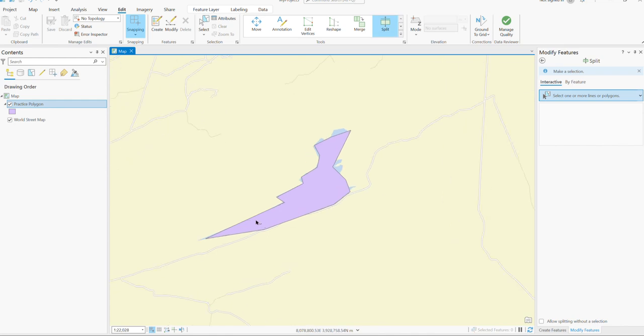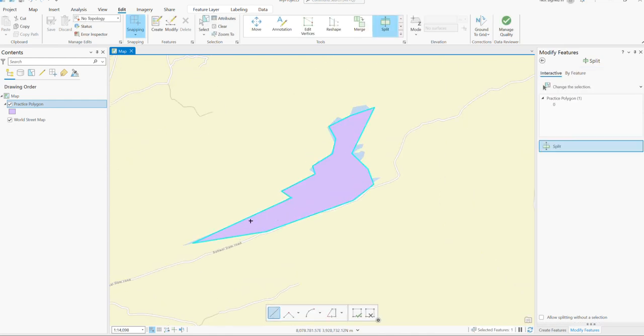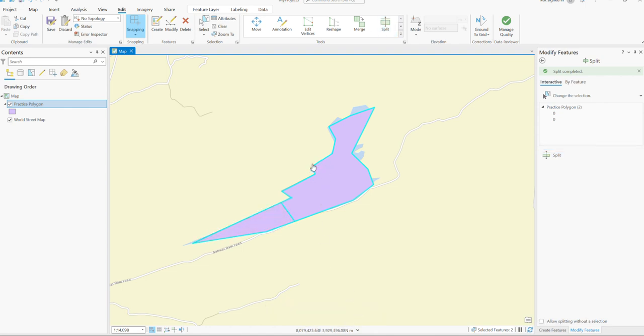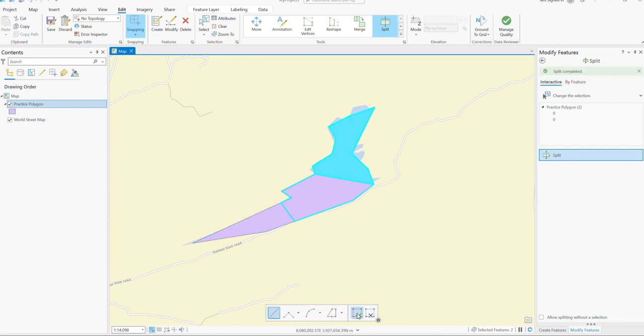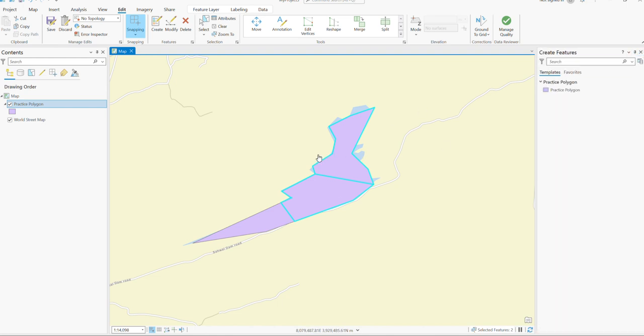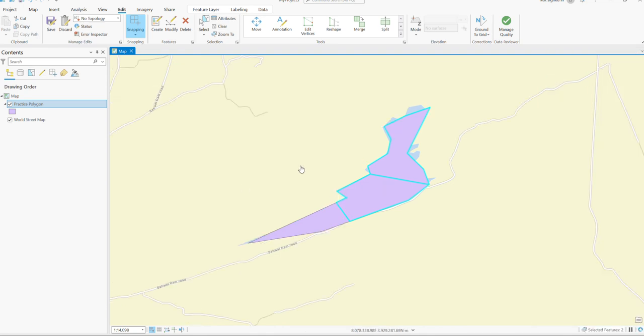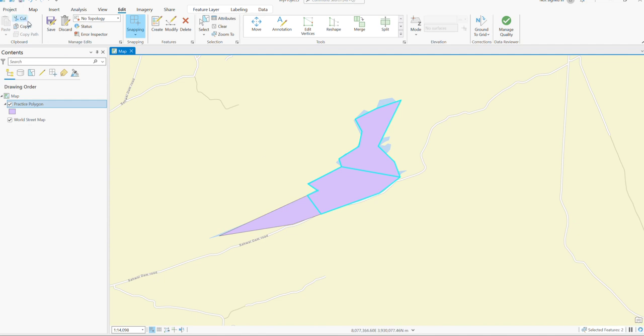If you turn on snapping, it will snap to the boundary, so you split from this point to this point. Okay, one split. If I create another split from this to this, okay, we created three splits. How do we check that these are really split? In order to save it,